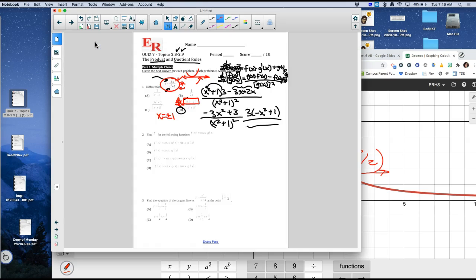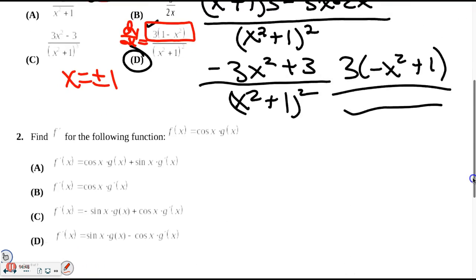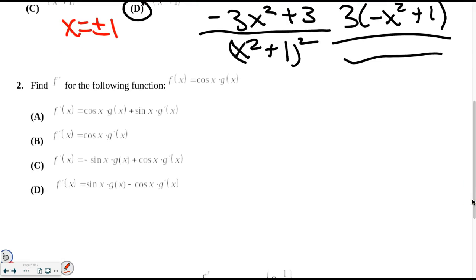So now let's go, and I'll ask Sammy, for this one on the bottom, this next one, what rule did you use for number 2? I used the product rule. Yep, first, d second, plus second, d first. So we'd have first, d second, which we don't know, so we call it g prime of x, plus second,